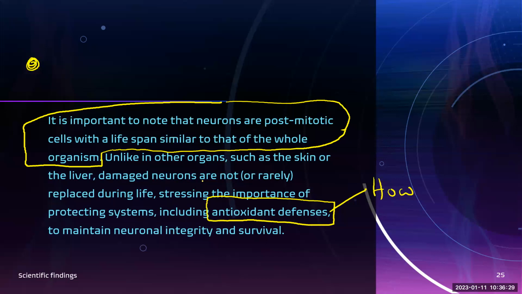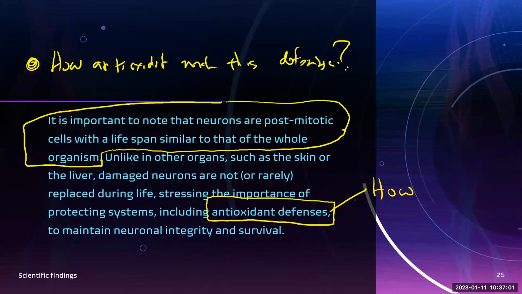Stressing the importance of protecting systems, including antioxidant defenses, to maintain neuronal integrity and survival. Now you might be asked a question: how does an antioxidant make this defense? So basically, how do antioxidants protect the cells and the molecules? Okay, I think